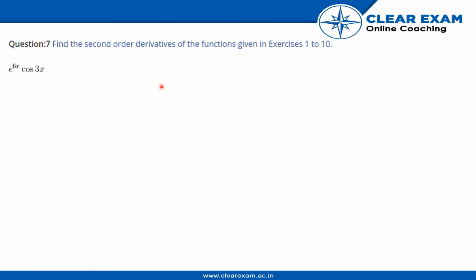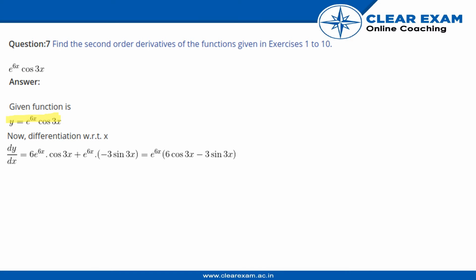Find the second order derivative for the function e power 6x into cos 3x. Let y is equals to e to the power 6x into cos 3x. Hence, differentiating it both the sides with respect to x, we get dy by dx is equals to, for RHS,